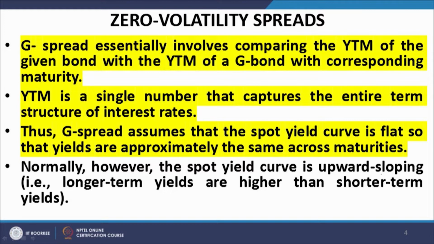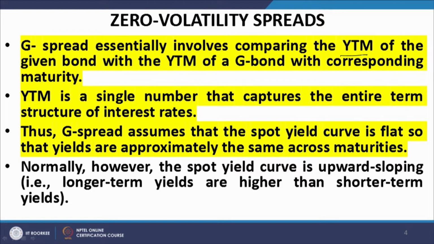The G spread essentially involves comparing the YTM. Now, the cardinal issue here is the YTM. Please recall the definition of YTM. It is some sort of average. It is one single number which captures the entire spectrum of spot rates which are relevant to the discounting of a bond. So, the G spread essentially involves comparing the YTM of a given bond with the YTM of a G bond